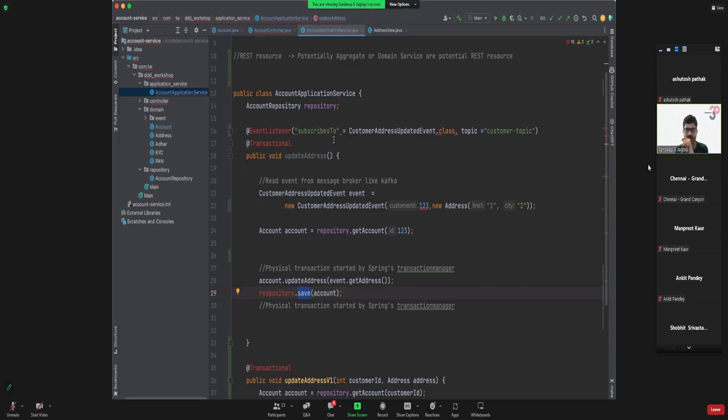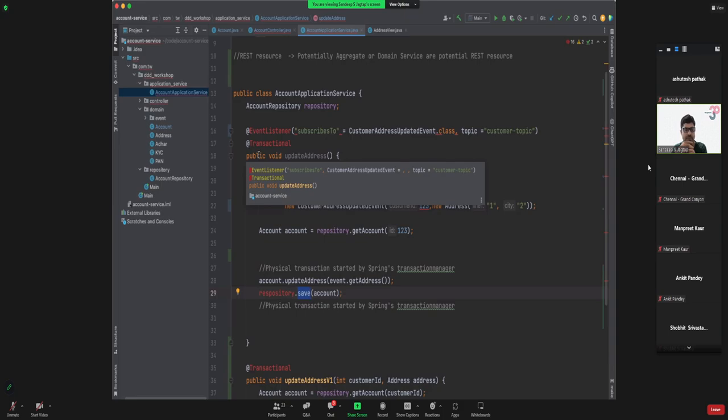Now, if the address update fails here in the account microservice, then the account would have to raise a domain event saying that the account address update failed, right? That domain event would be listened to by the customer microservice, and it would roll back its earlier change. It had updated and committed a new customer address; now it would change back to the old address. So when something fails here, you have to raise a compensating domain event. You can see the complexities of maintaining this system, right? It's not one way, it's all over the place.